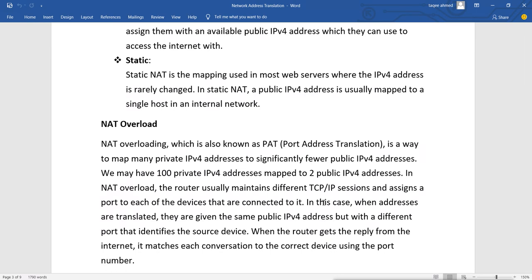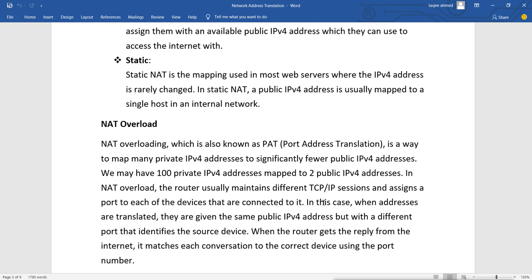It will use the same public IP for everyone, and it will do the translation based only on port addresses. Because the port address counter is 16-bit, we can have numbers from 0 to 65,536. So we have almost more than 60,000 port numbers available. One public IP can be used for almost 60,000 private IPs, and it can work properly.